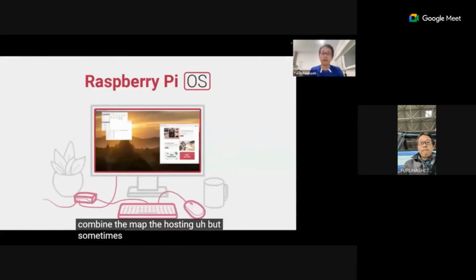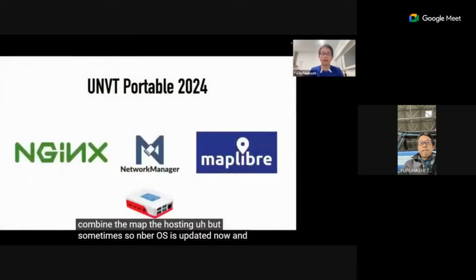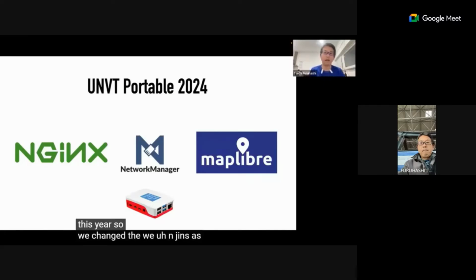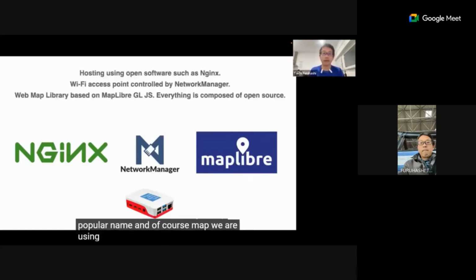But the Raspberry Pi OS has been updated. So this year, we changed to Nginx as the web hosting server, and the network managing system is the default setting, NetworkManager, a very popular name. And of course, we are using a map library.